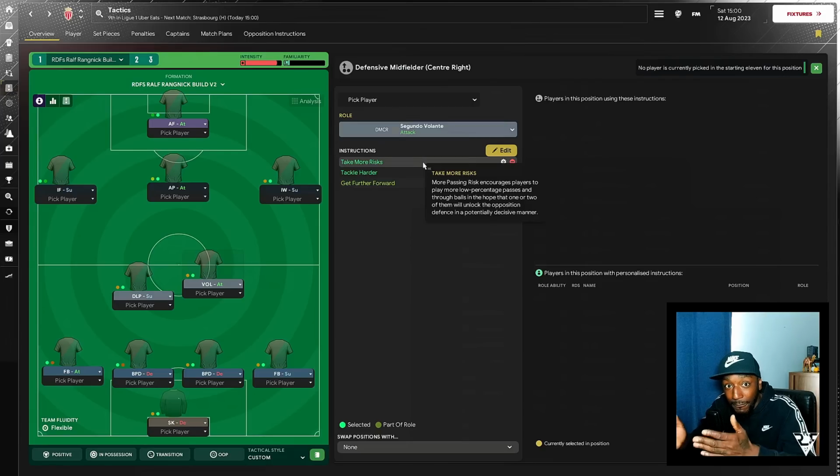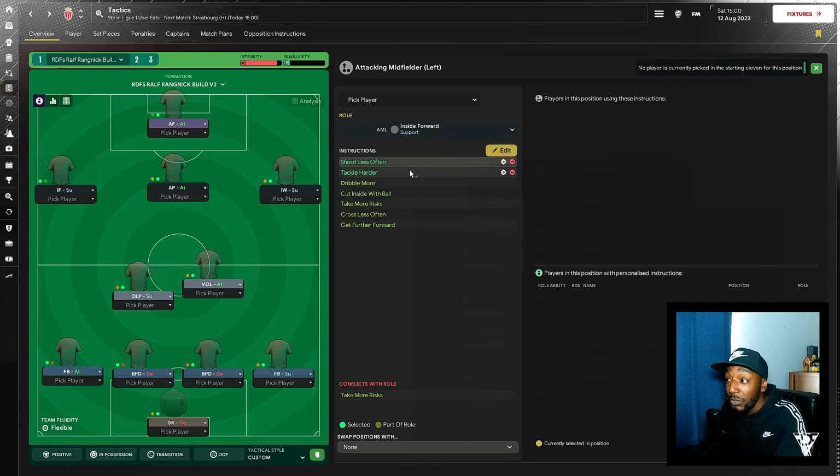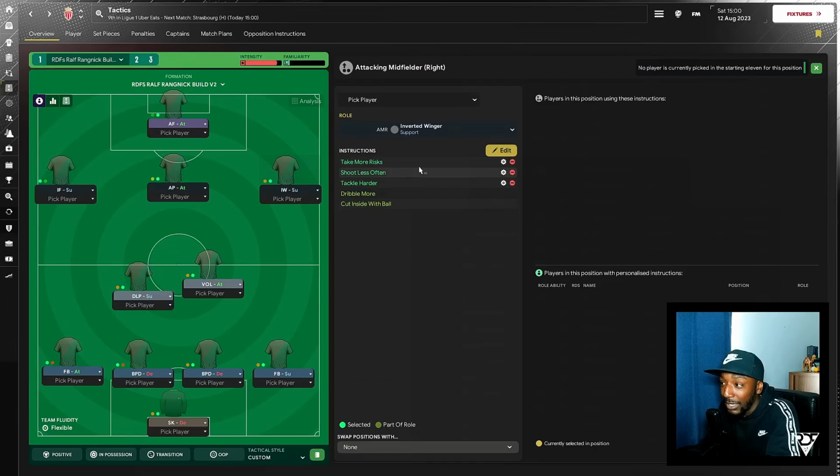Again, take more risk, feed the striker. In the attacking line, we've got the inside forward, shoot less often because I want you to pass, tackle harder. And this role started with an inverted winger. Only then I started recreating Rangnick. I changed it to an inside forward because that is more like the Austria left winger. But at the start, it was inverted winger, just like the right winger, taking more risks, shoot less often, tackling